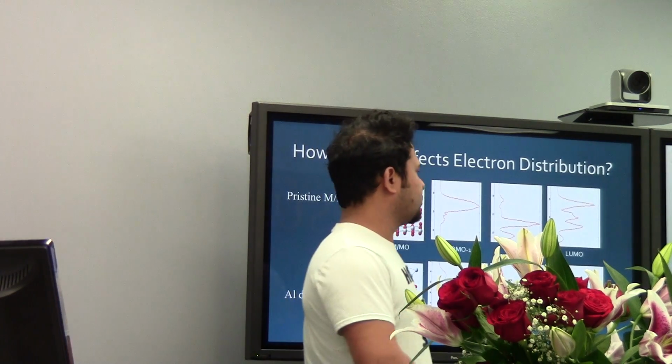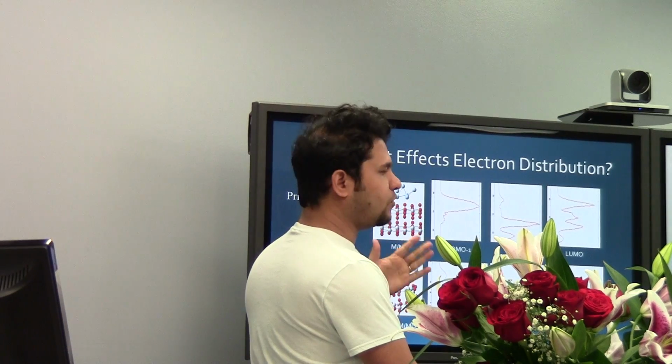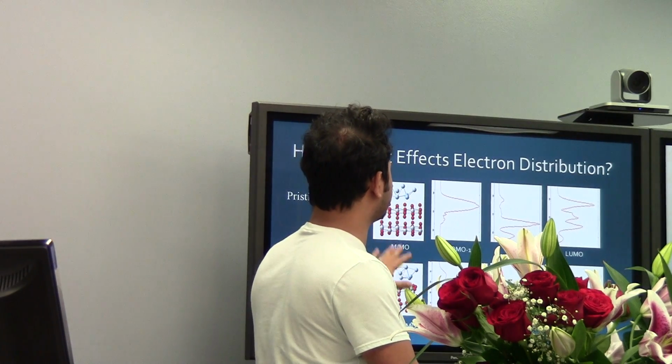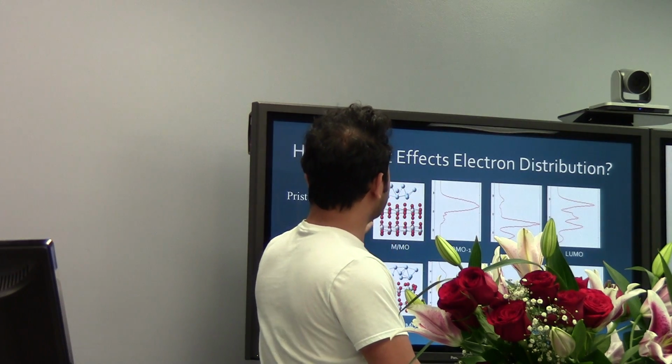This first one gives a 2D presentation of the orbital, showing how the electron is localized, in which layer, the metal oxide layer or the metal layer. So this one is showing the